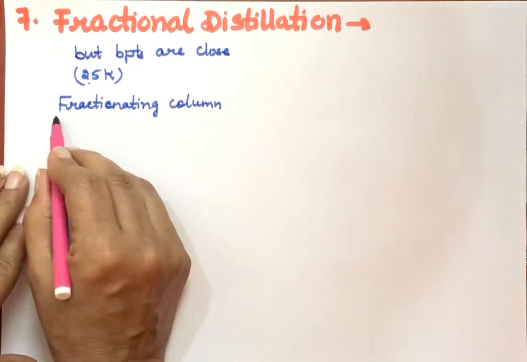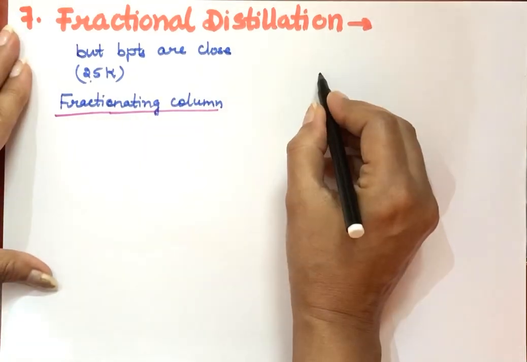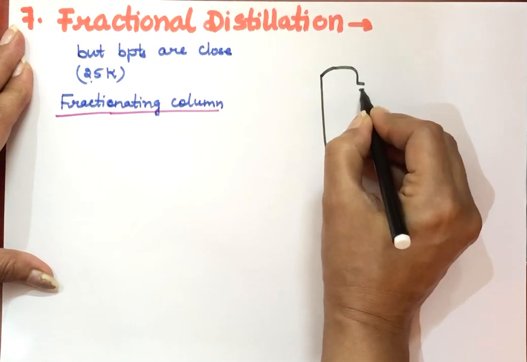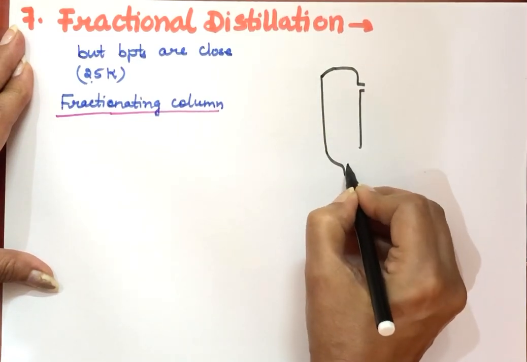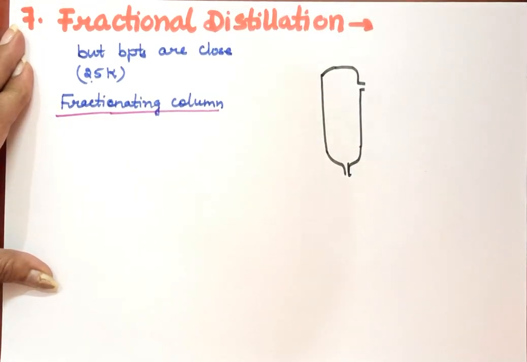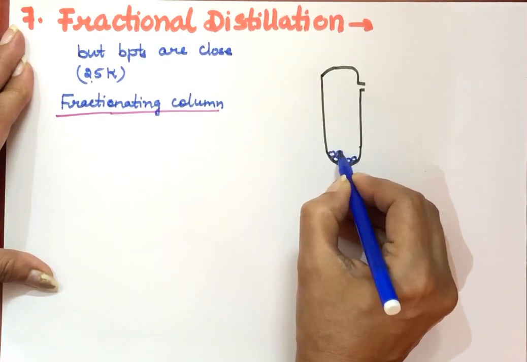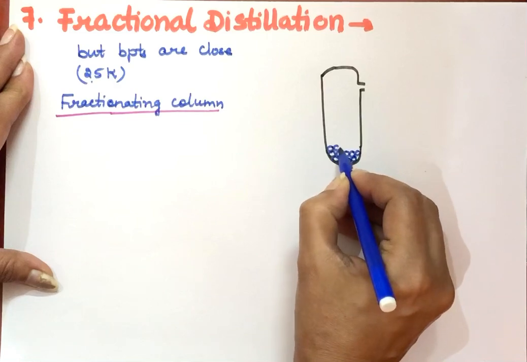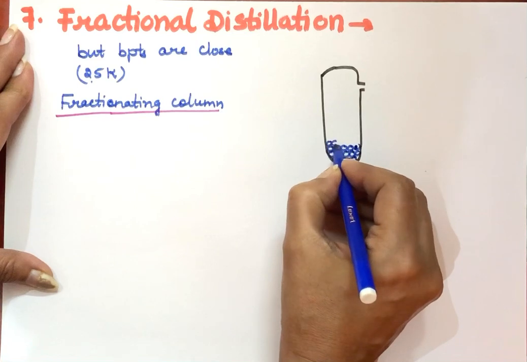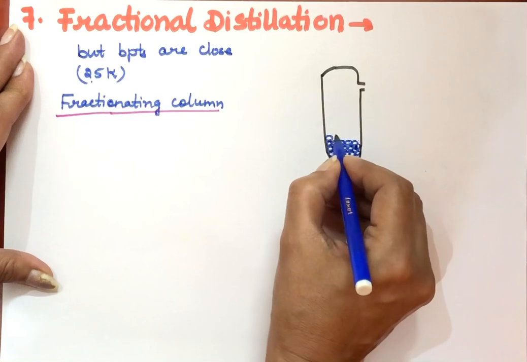And what is a fractionating column? It is a long glass tube. Different kinds of fractionating columns are available. The one that I'm drawing here has obstructions in it. I'm taking the one with glass beads packed inside. Small glass beads are packed here, so the vapors will not come here and mix up. First of all, they have to pass through these beads, moving from one bead to another bead like this.